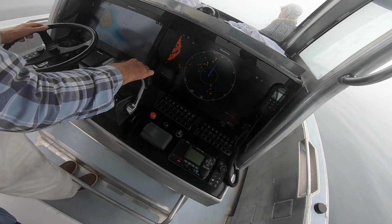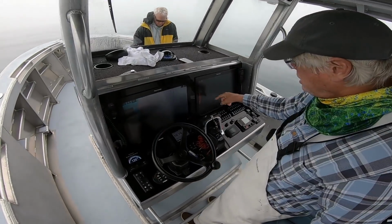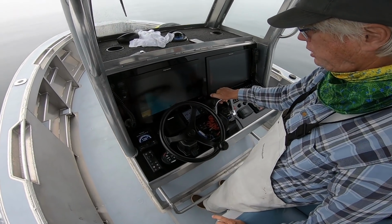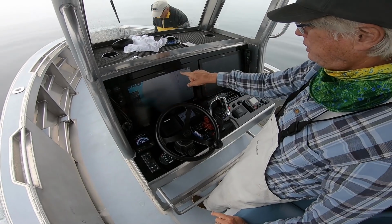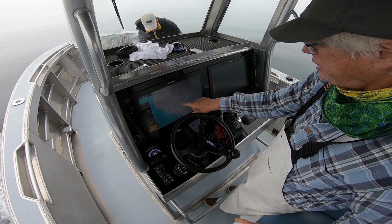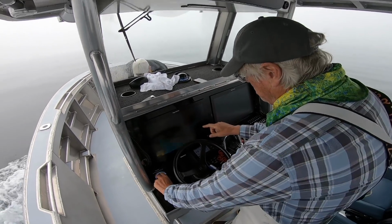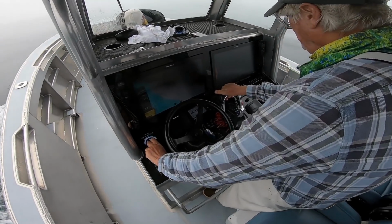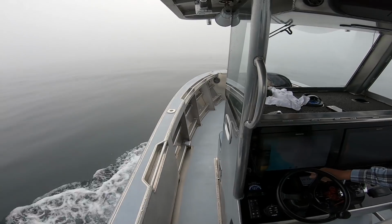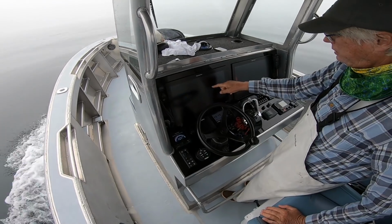See, here's the fleet, right? And then this was our drift last time. These are some marks that I put in for fish where we caught, in between two marks that I've got. The windmills are out this way. And here's a charter boat that just moved up into the fleet. So I'm trying to get around up into here a bit, so we'll just drift back with the fleet. I'm thinking that's what our drift's going to be. Well, yeah, based on where he's going. He was down here, and he just moved up in there and stopped. So I'm going to try to come in the other way and